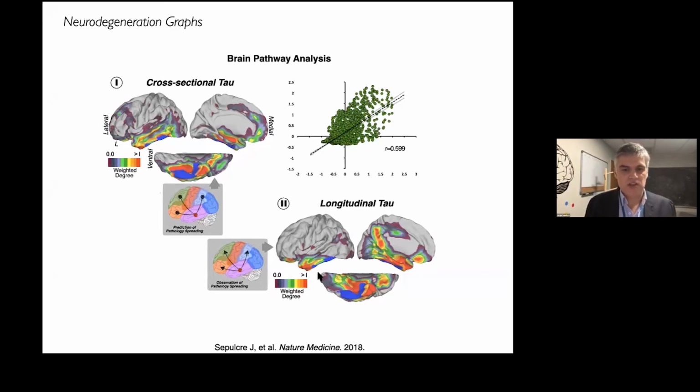So this is the prediction. This is the confirmation of this longitudinal spreading. And we found that temporal tau, the tau accumulated here in this temporal area, really influences and spreads in time toward the anterior pole, toward the posterior parietal region, posterior temporal regions, or orbitofrontal